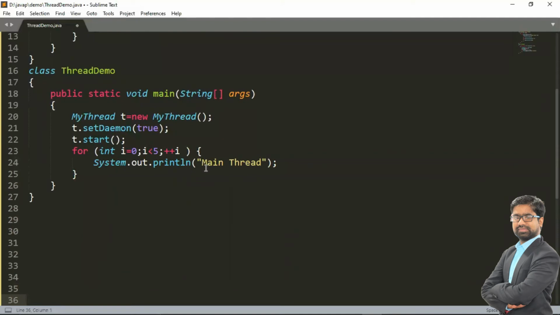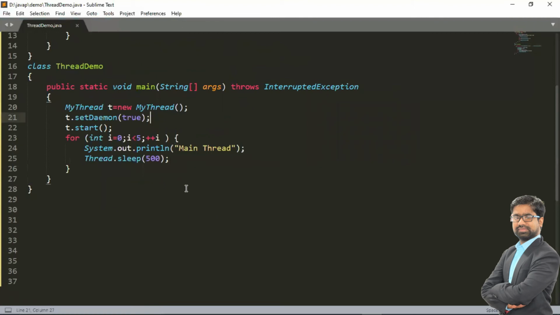And now in the main thread, we are going to call the Thread.sleep method. So let me call the Thread.sleep method. Again, we have to mention throws exception. I'm mentioning the time as the argument, and it may throw an exception, so we mention throws InterruptedException. Otherwise, we can use a try-catch block inside this for loop. So we have the logic for this main thread. The main thread is executing 5 times and the child thread is executing 10 times.